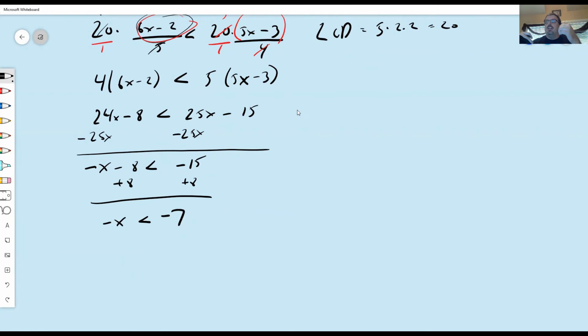Now at this point, I don't want minus x, I want just x. So if it helps, you can go ahead and put a 1 right here so you know this is minus 1. You either multiply by minus 1 or divide by minus 1. And so when you do this, minus 1 divided by minus 1, because I'm multiplying or dividing by a negative, this will become greater than, minus 7 over minus 1, where x is greater than 7. At that point, you're ready to